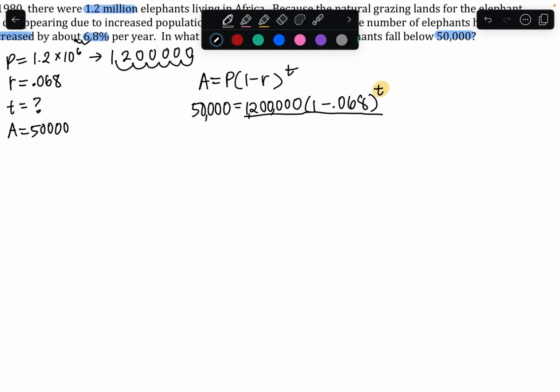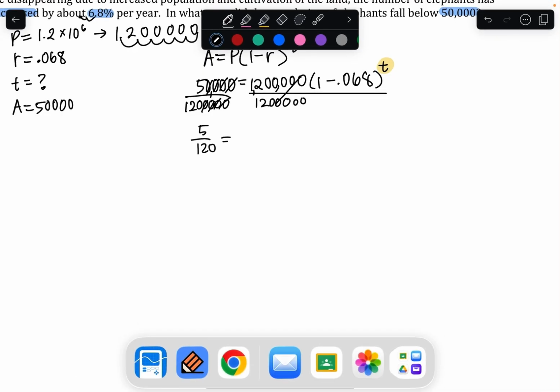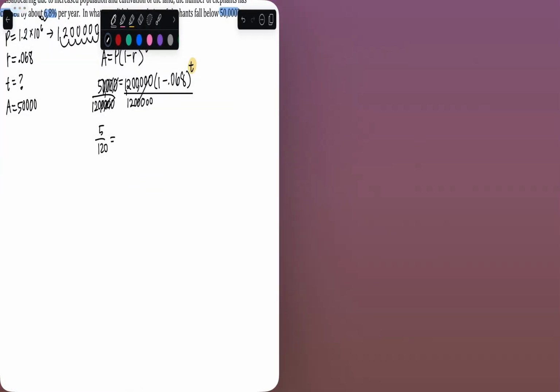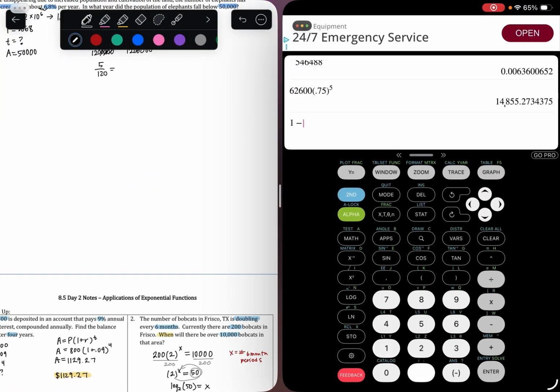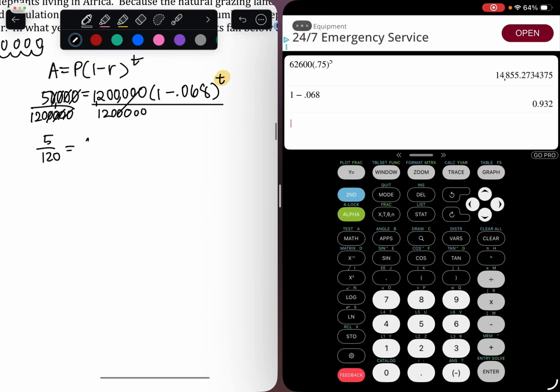Let's divide by the 1.2 million. Oops, that's too much. Okay, and so that gives us 5 over 120, which we could simplify even nicer than that, but I'll leave it. And then 1 minus 0.068, we can clean that up. Is 0.932